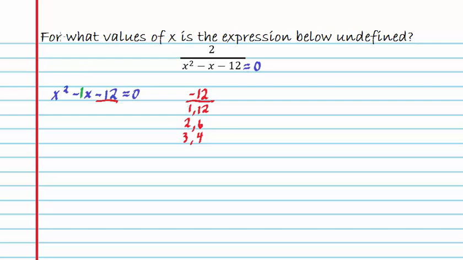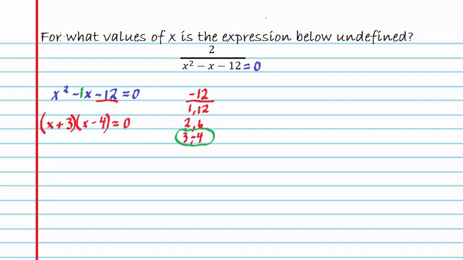Well, when I pick out my factors, it's going to be 3 and 4. But since we had a negative 12, one of these factors needs to be negative, and that's going to be the 4, because 3 minus 4 gives me that negative 1 middle term. So when I rewrite my expression after factoring, it's x plus 3 times x minus 4, and we set that